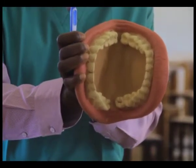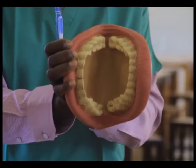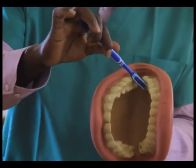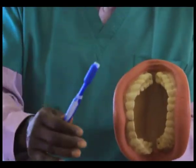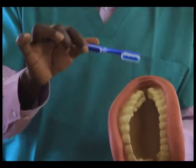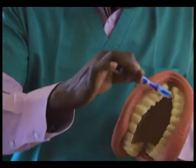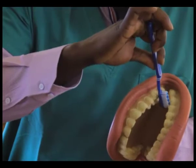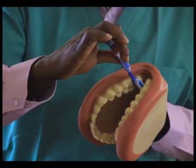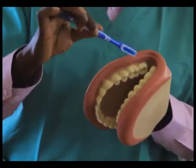They have grooves, they have a kind of depression, or what we call fissure. A fissure is a natural hole on them where food likes hiding. So if you don't brush the surface very well, the food will hide in these depressions, and the bacteria, or those germs which like the food, will come and eat that food and produce acid, which will start creating